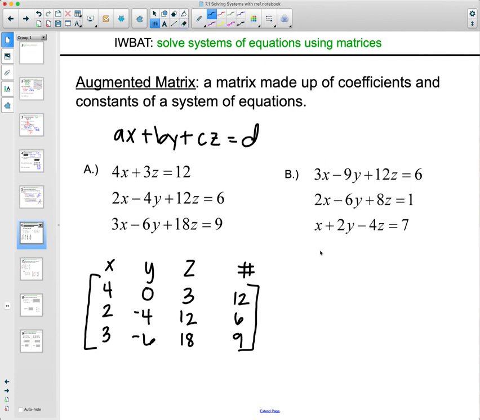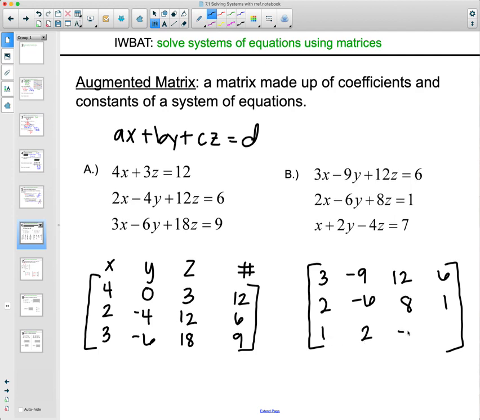So for this next one, we're going to have an x column, so 3 for the x, a y column in this first equation is the -9, then we have 12z, and our constant is 6. Second row is 2 for the x, negative 6 for the y, 8 for the z, 1 for the constant. Final row or third row is 1 for the x, 2 for the y, negative 4 for z, and 7